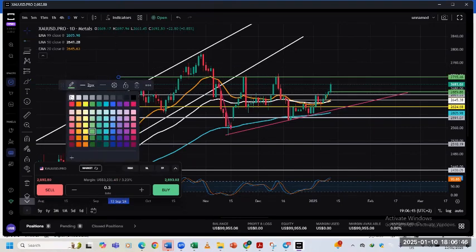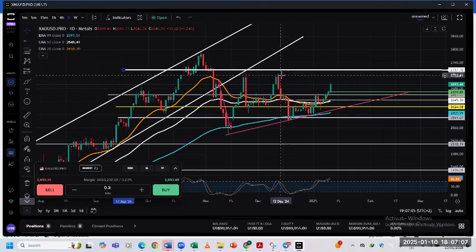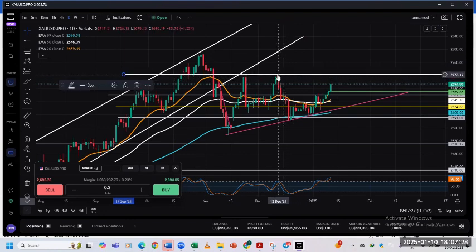Let me change the color to white, and let me increase the thickness so you will see it very well. I'm going to look for an area where in the past I saw, you can see what I did here. The thin hair-like stuff are the wicks, but where the candle ended are the bodies. You can decide to use either the wicks or the bodies, but I'm looking for areas of confluence where I can get many touch points. So if you look at this red candle, that's where it stopped. This green candle, that's where it stopped. This red candle, that's where it stopped. We're looking at previous candles.